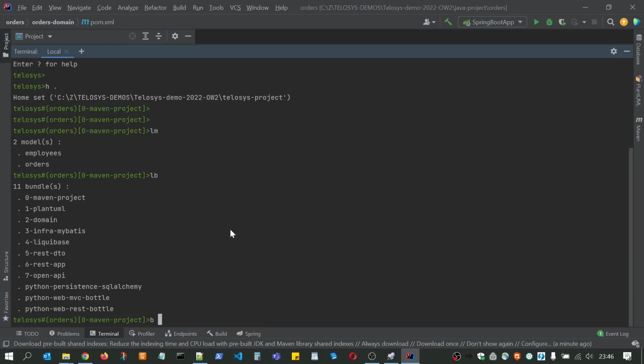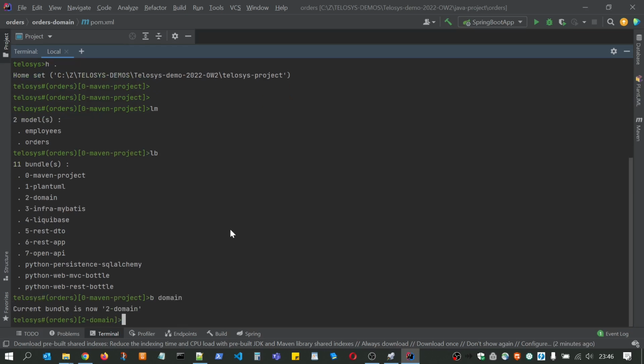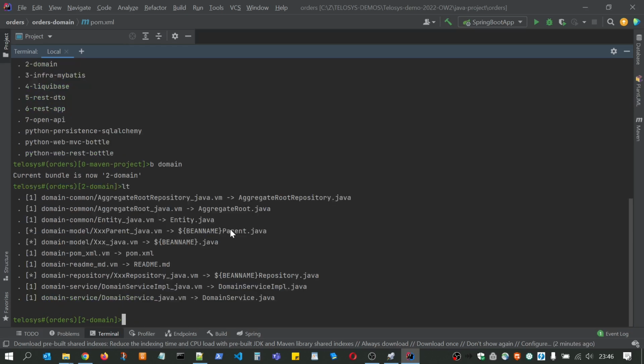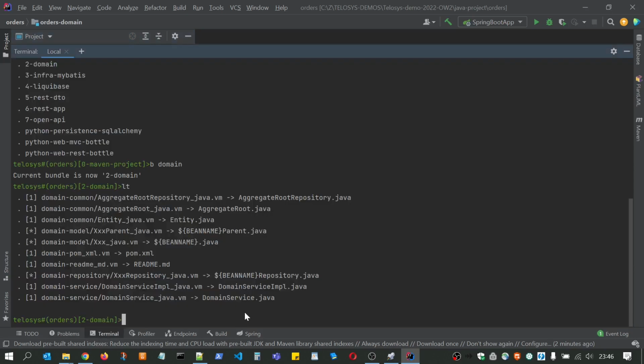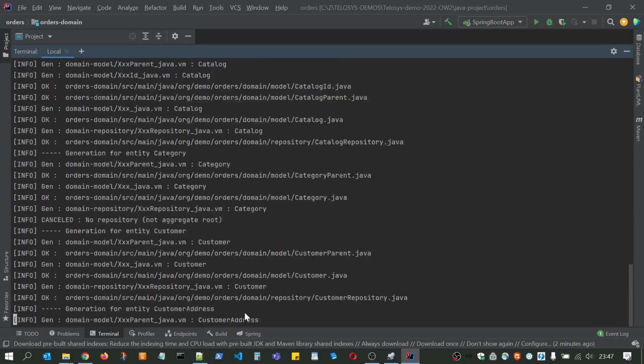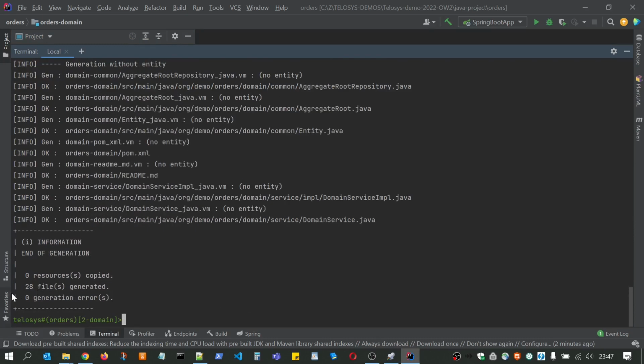I will select the domain bundle with some templates in it, and I will generate Java classes for the orders domain. I will use the generate command. Yes, and I have now 28 new files,